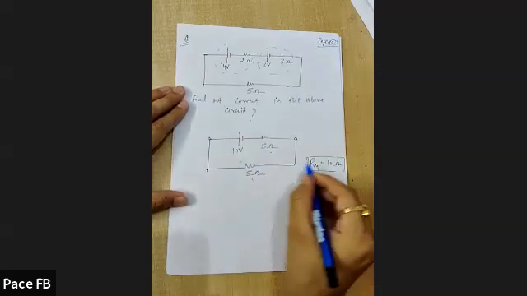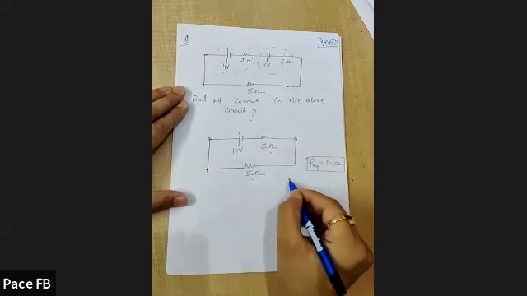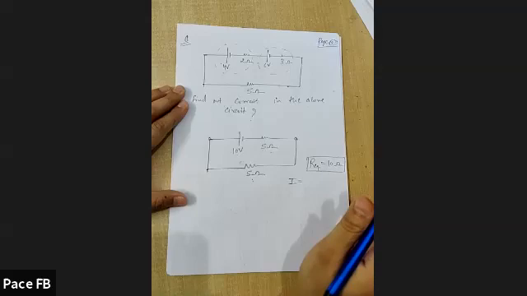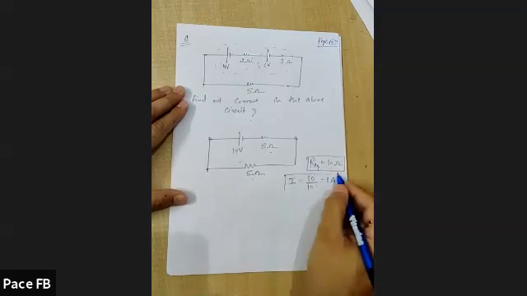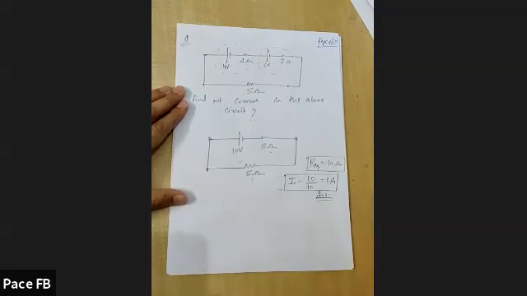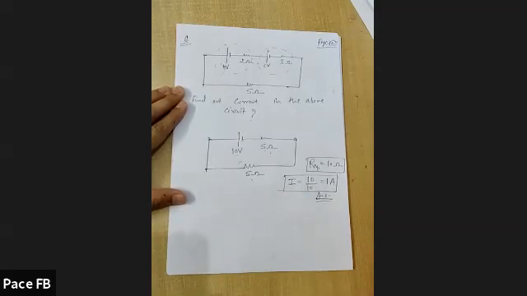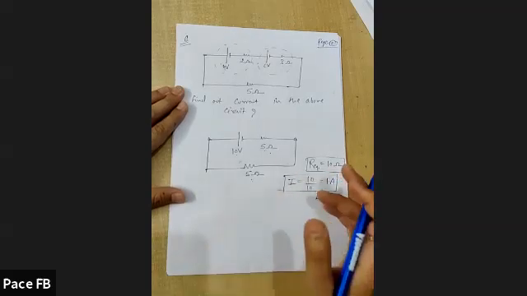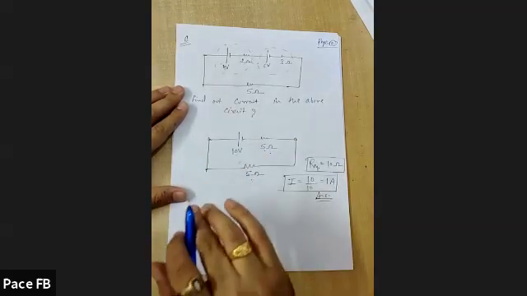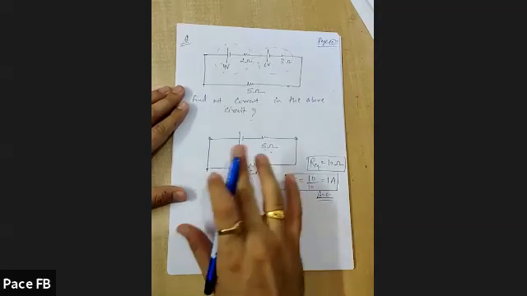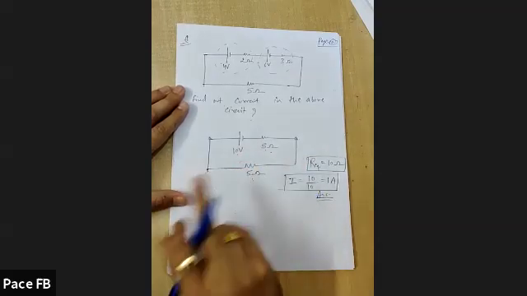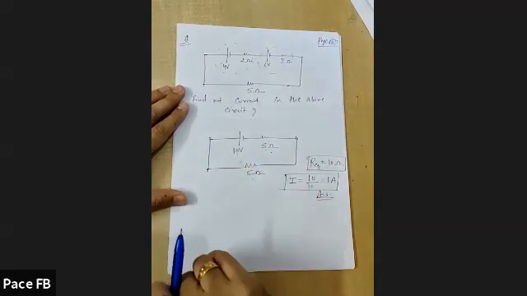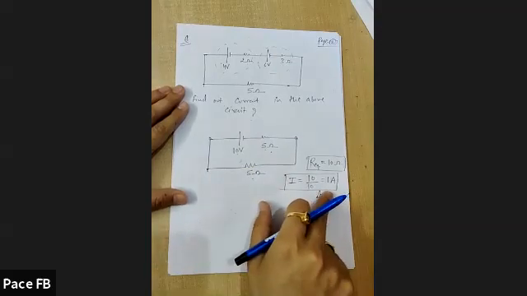If R equivalent is 10 ohm and battery has EMF 10 volt, then what would be current? Same procedure, V equal to IR. So 10 volt upon 10 ohm, that would be 1 ampere. 1 ampere is the answer for this question. The only thing is, when you have multiple cells, you find the equivalent EMF and equivalent internal resistance, and then follow the normal procedure we were doing till now, to get current in the circuit or the potential difference across any of the terminals. So current in the circuit comes out to be 1 ampere.